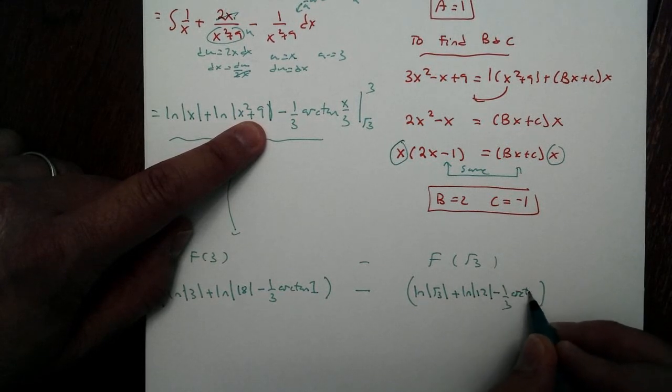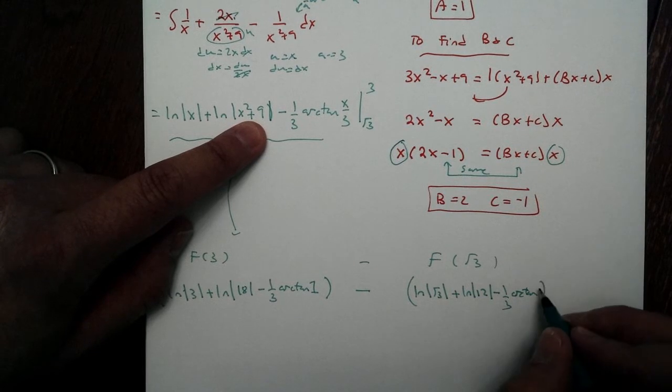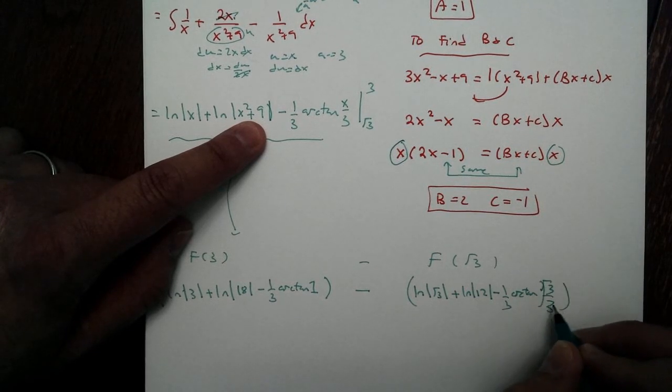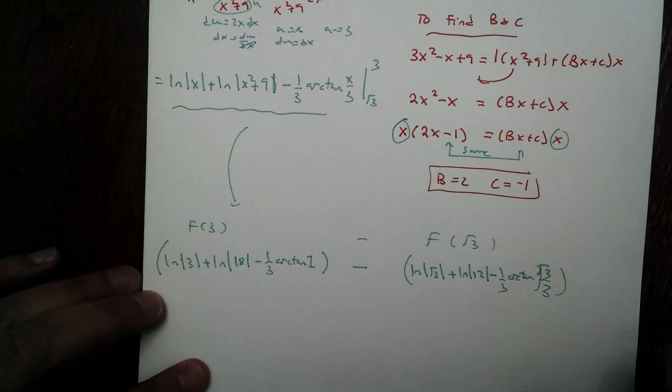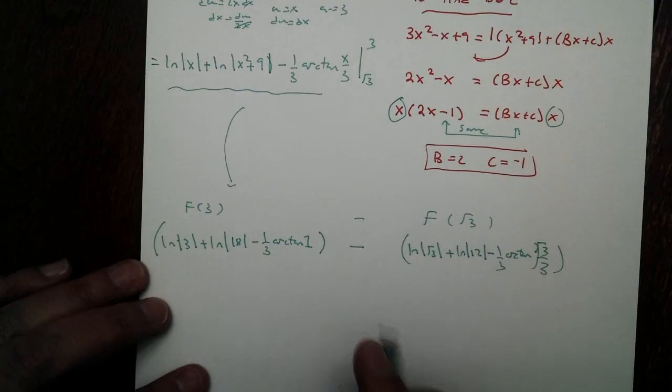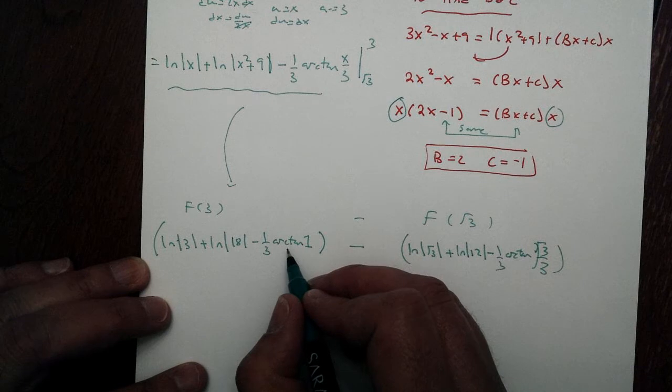Oh, ran out of room here. Should use a bigger parenthesis. Arctangent root 3 over 3. Ugh. It still looks like we're done, but I can still go a little bit further because I know the arctangent of 1